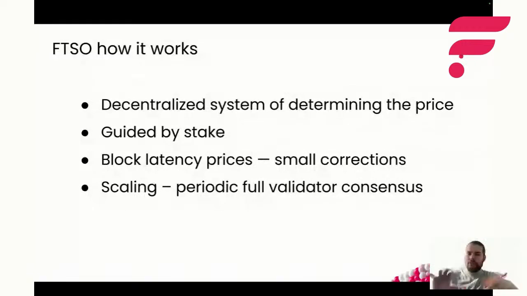So we get a price that is available directly on chain, available on Flare for free. You can read it from any smart contract with just a simple 10-line function, with the whole contract being just a 10-line contract, and that's it. But in the background, behind the scenes, we do a lot of things to make sure that the stake that is considered when calculating these prices is exactly the stake that is also considered when calculating the blocks. And you know that the whole security assumption is always the same. So if you're trusting the blocks, you can also trust the data feeds.